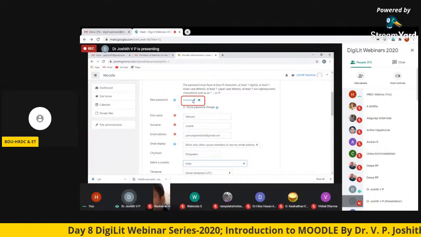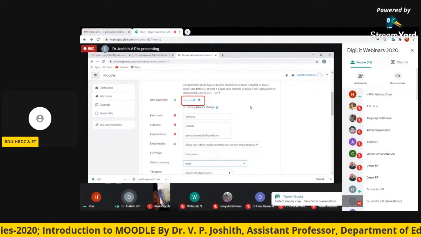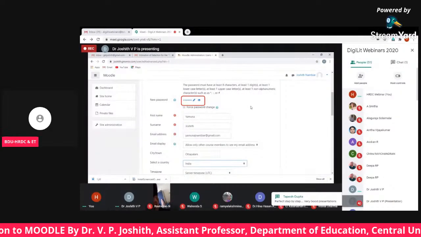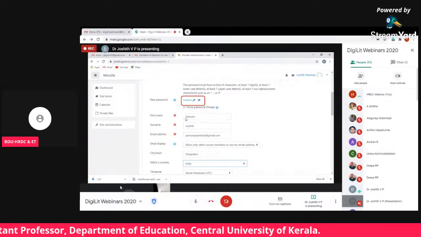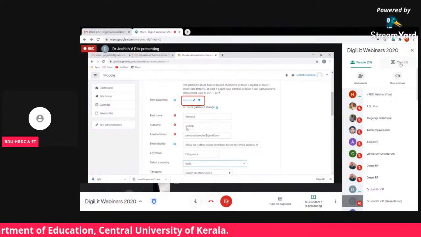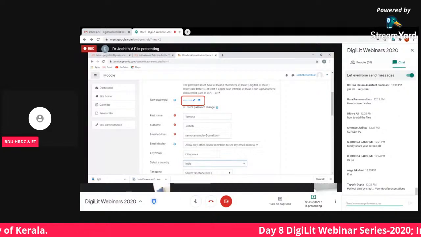Give a password of your choice, which should have 8 characters, 1 upper, 1 lower case, 1 alphanumeric, and 1 digit. Give first name, surname, email address, and finally create user.